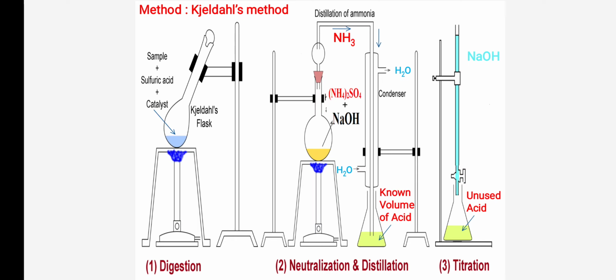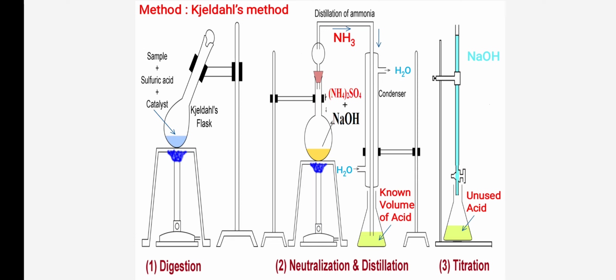Now, why is the neck of that flask long? Because during the reaction between the coal and sulfuric acid, there is a possibility of production of some gases, right? So those gases should not escape from the flask. That's why the neck is long. No one will ask you why the neck is long for the Kjeldahl flask. You just keep in mind that it is a long neck flask.